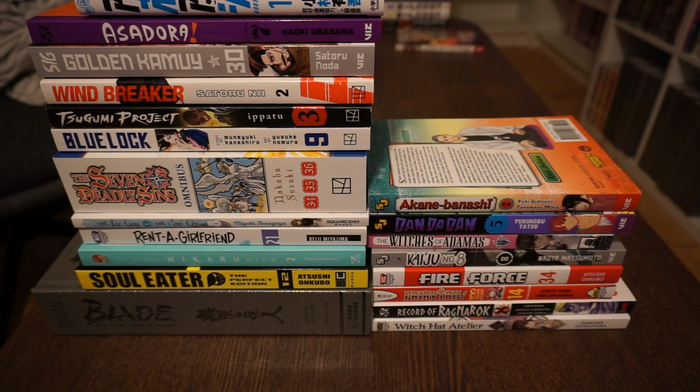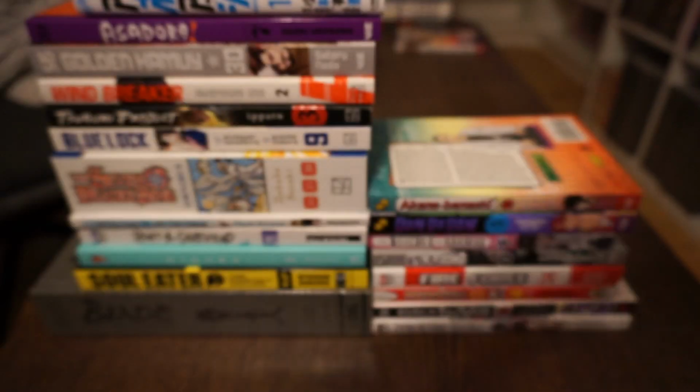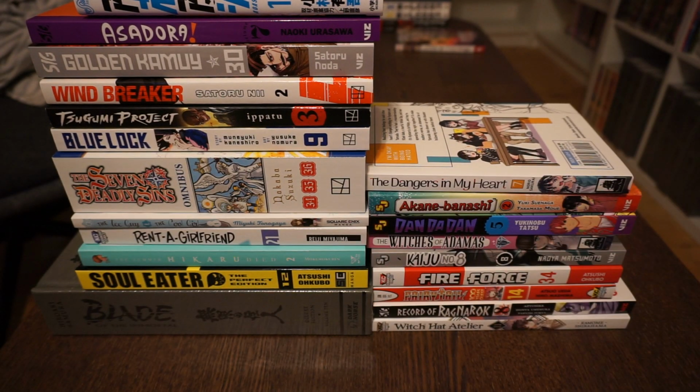Next up, we have something that I really wish I had just cancelled. The Dangers in My Heart, Volume 7. I am over odd couple romances. Every now and then they're fun, but I do not want some of these in my collection. I got rid of... I gave away the first...